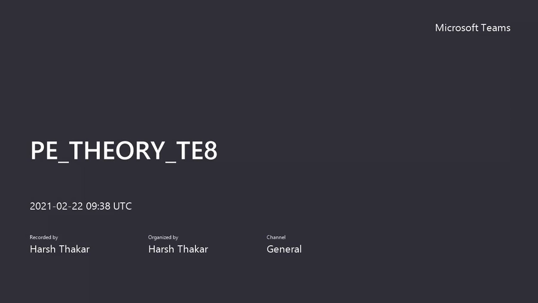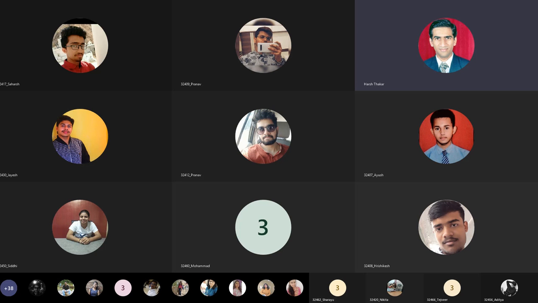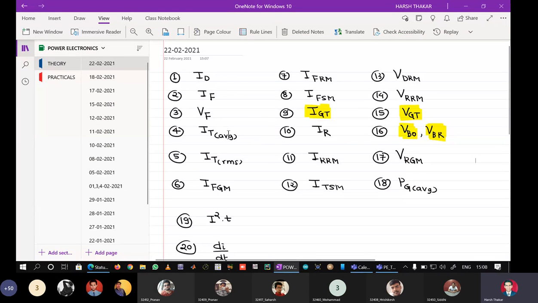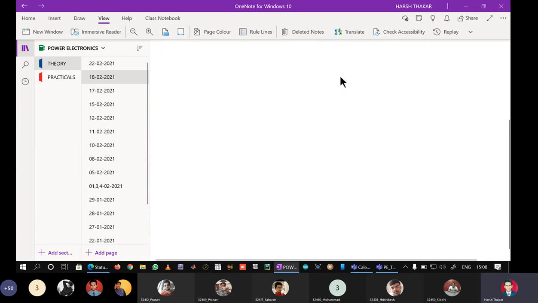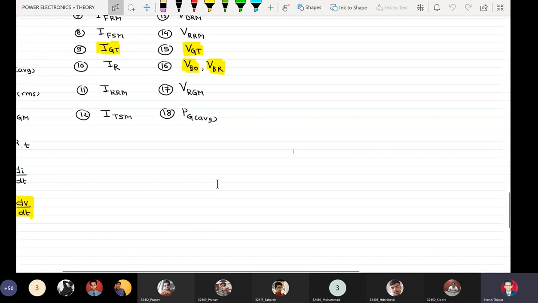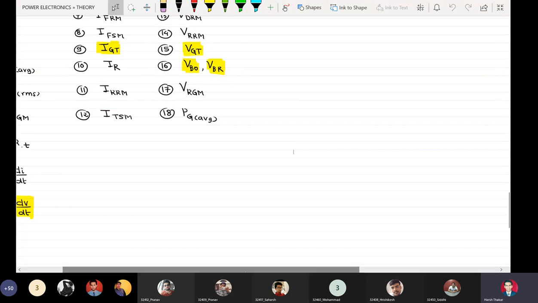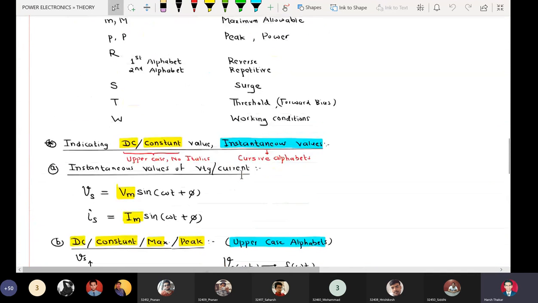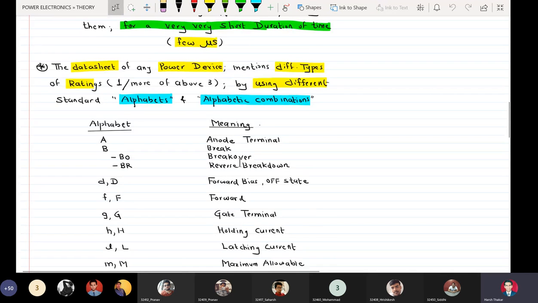Last session we concluded with the different device ratings which are used for power devices, and we had discussed the alphabetic nomenclature which is used for indicating the different ratings. So this was the alphabetic nomenclature,